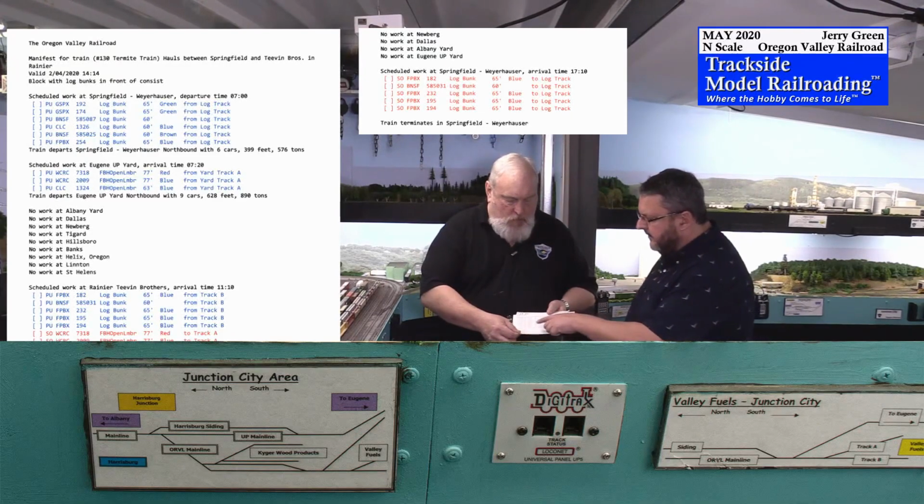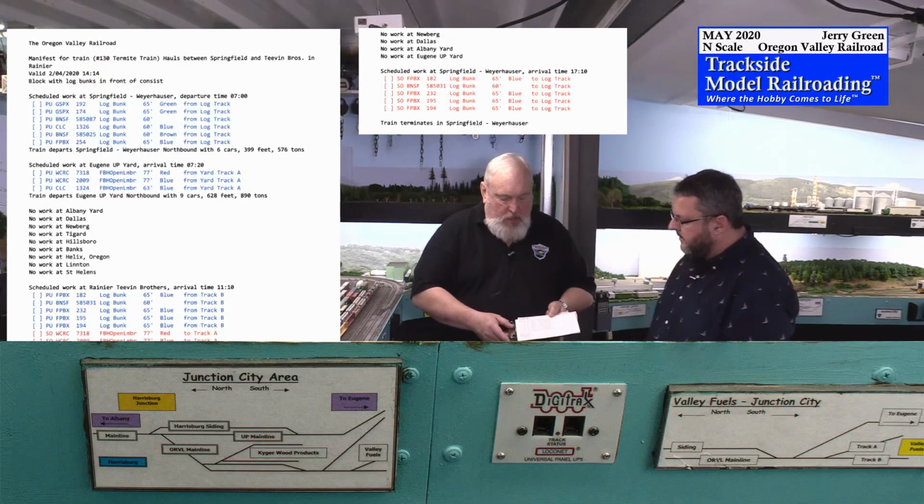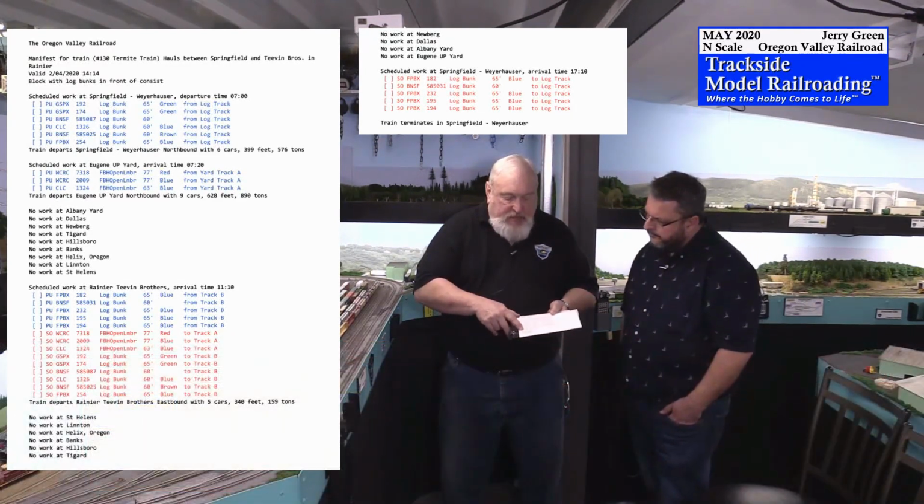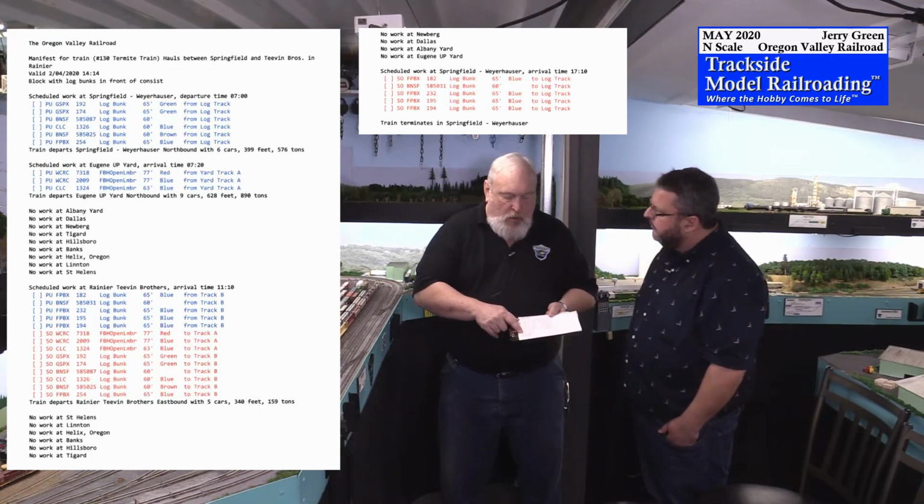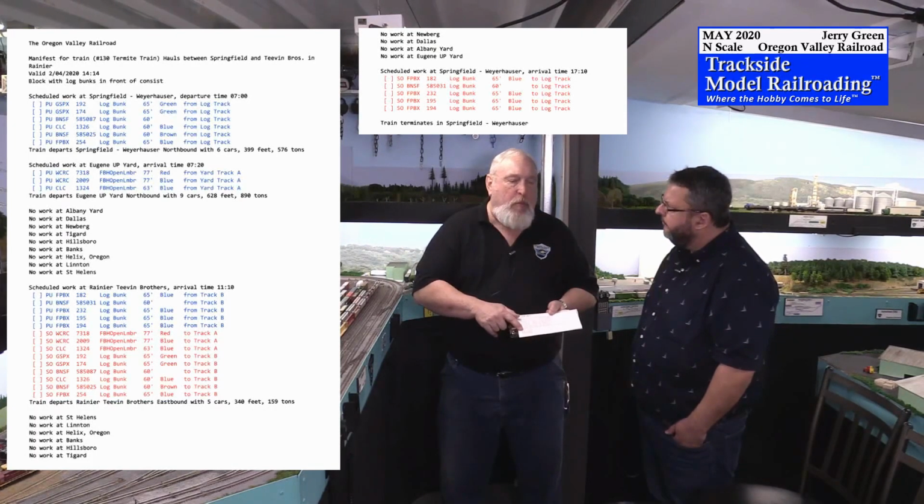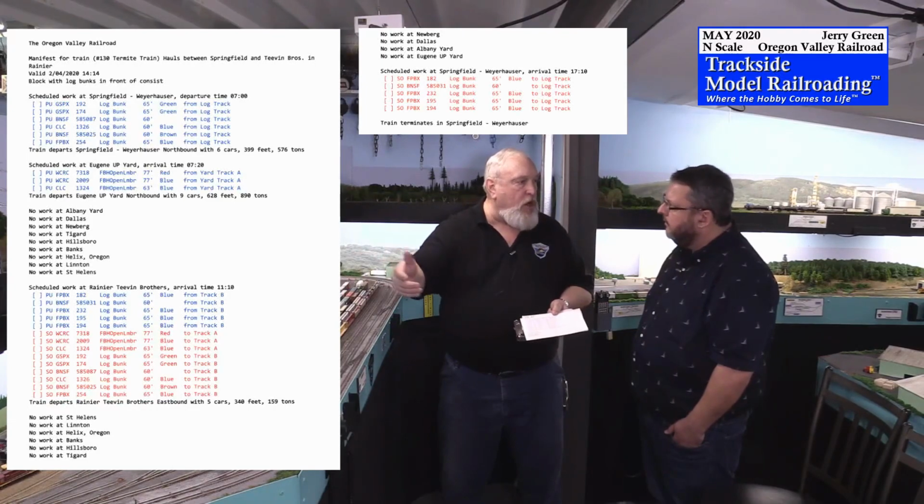Yep. And I like the fact that it says no work at the different cities. That's nice. And I've added that in. That's an option you can do with JMRI. And people have asked, well, why do you put all these things in here when you're not doing any work there? Well, for people who aren't familiar with the layout, sometimes knowing what progress you're making to where you're going